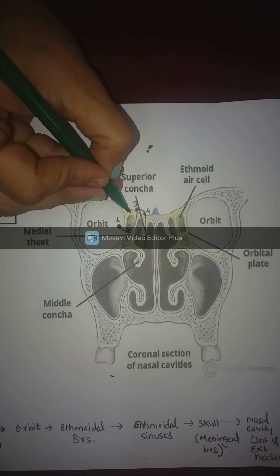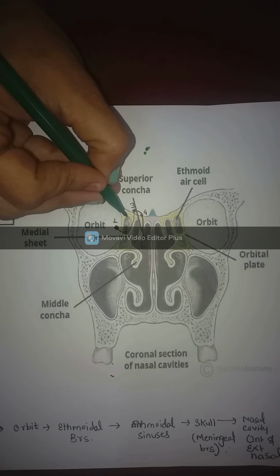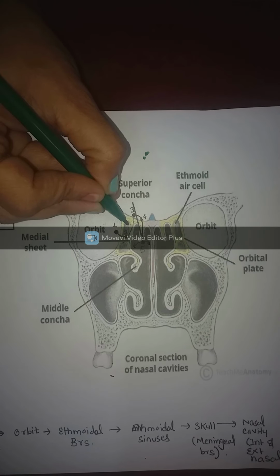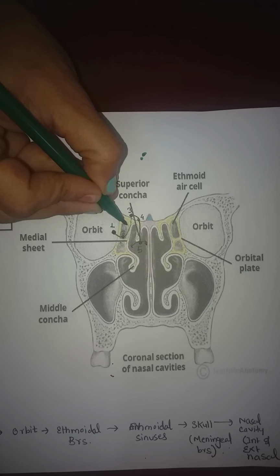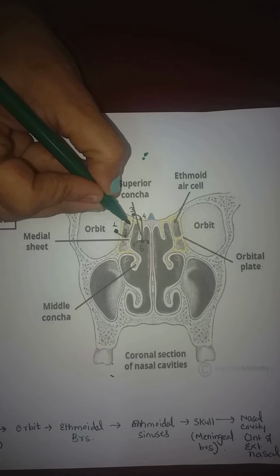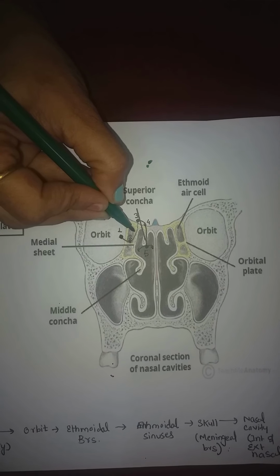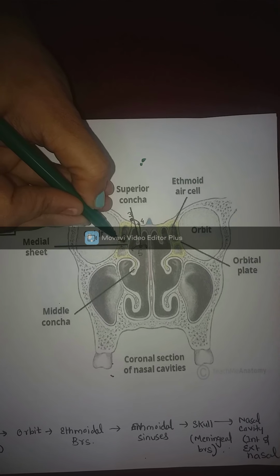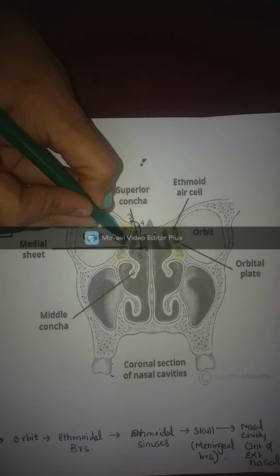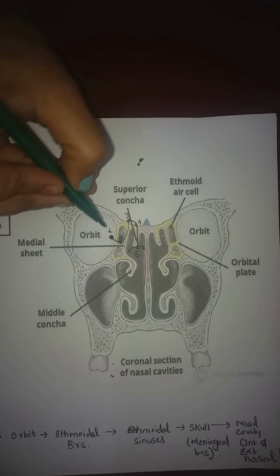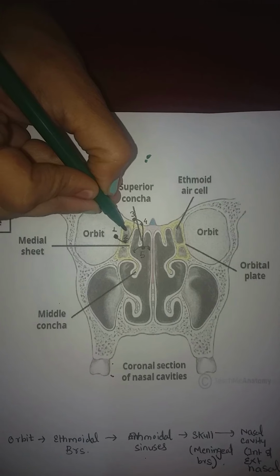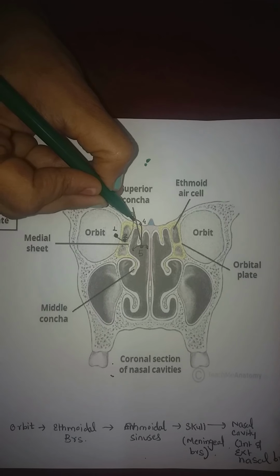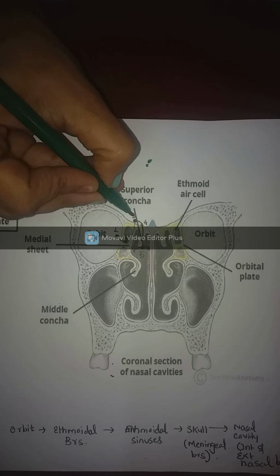Here I want to tell you that anterior ethmoidal nerve innervates the anterior and middle ethmoidal cells, while posterior ethmoidal nerve innervates posterior ethmoidal cells and sphenoidal air sinus. Okay, and after innervating the second destination, second point of halt will be here, where they will supply ethmoidal nerves, and now they will pierce the cribriform plate and enter the skull. So this is the third point of halt.